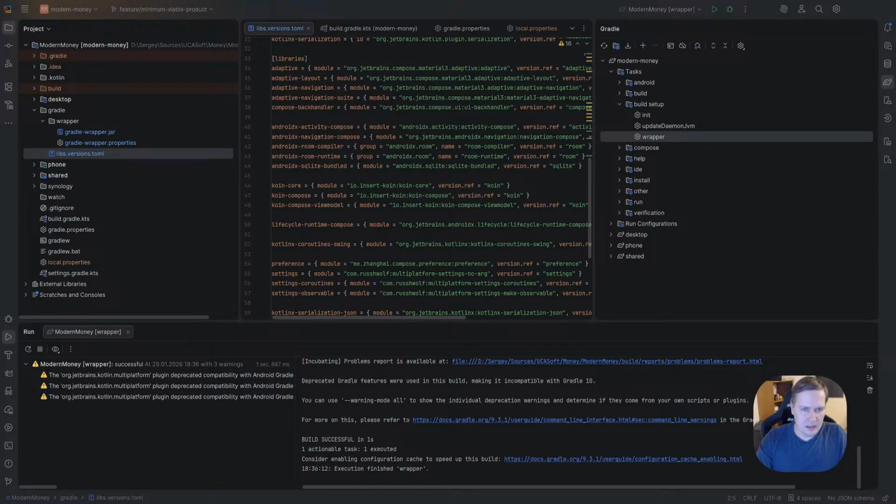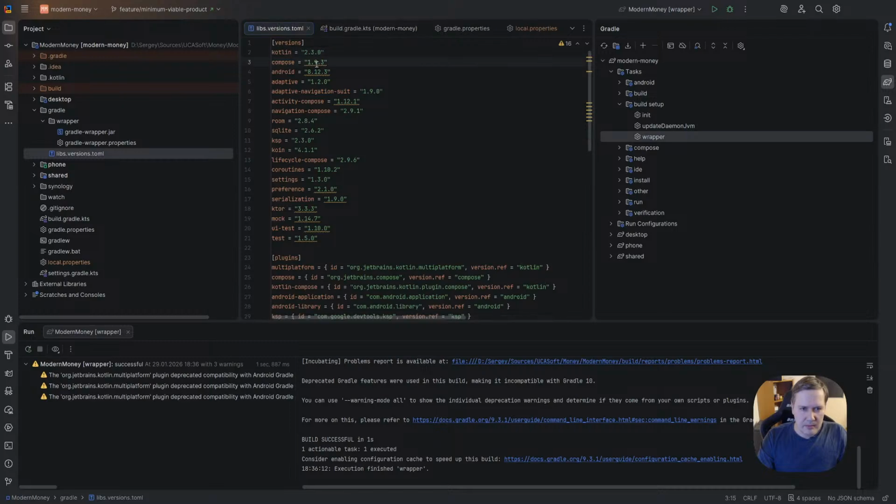So we updated Kotlin and we updated Gradle. Only the wrapper jar, no change anywhere else. Okay, committed.